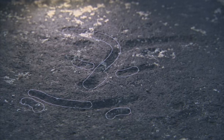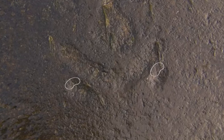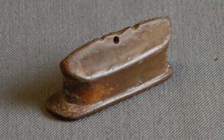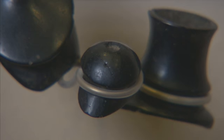When we studied them on Kodiak, we found that 1,500 years ago, they were mostly used to tell what family you were. So you'd find each village that you look at, when you look at the librets from a site, you'd have like 3 or 4 different styles, and that's because there were probably 3 or 4 different families in that village. They're made out of a variety of materials, everything from the local slate to ivory, antler, cannel coal,